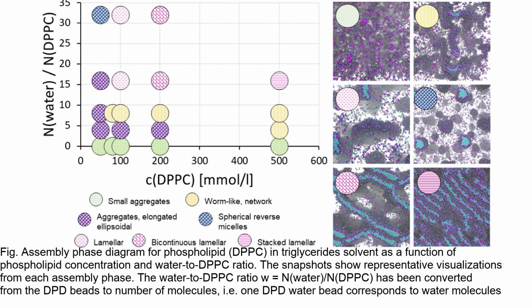Other figures that are useful to discuss in relation to this paper are Figure 4, which shows the size distribution of DPPC aggregates at different concentrations, and Figure 7, which presents the density maps of DPPC head groups on adsorbent surfaces of different hydrophilicity. These figures provide additional evidence and insights into the assembly behavior and adsorption properties of DPPC